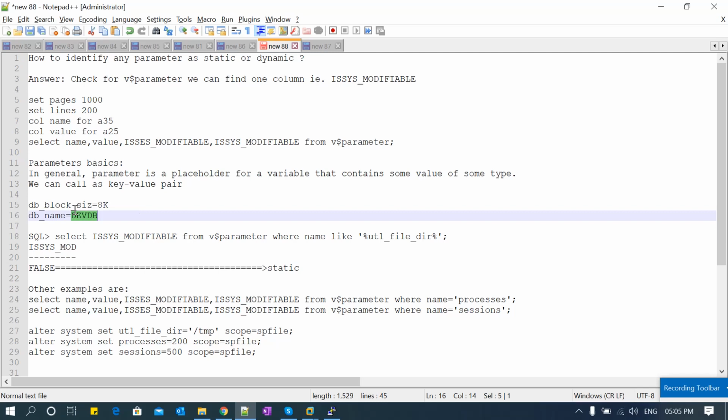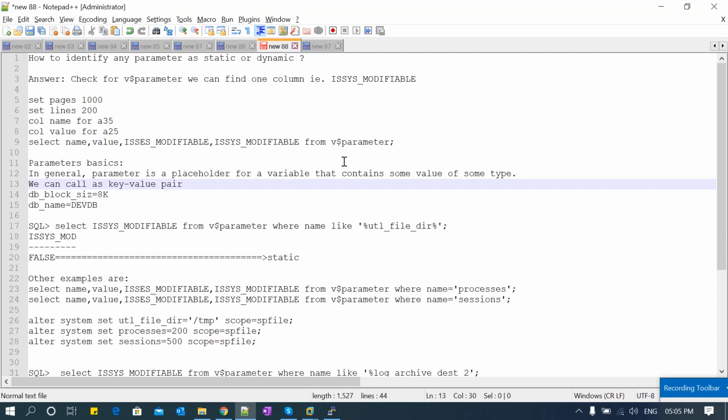If you are defining these sets of parameters for the database, you should understand what static parameters and dynamic parameters are. To identify them, there is a dynamic view called v$parameter.